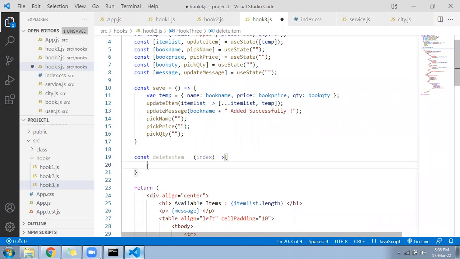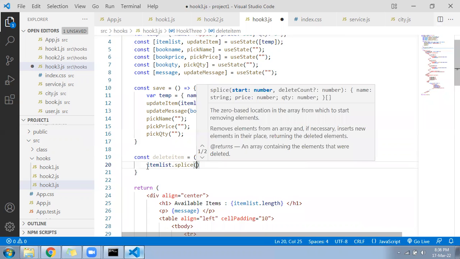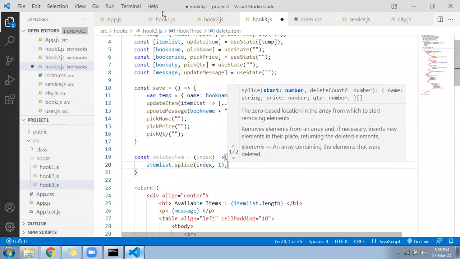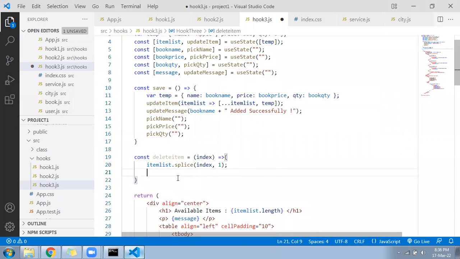We can write again item list dot splice. Inside that we have to pass index and comma 1. Next, after that, we will not add here call temp,